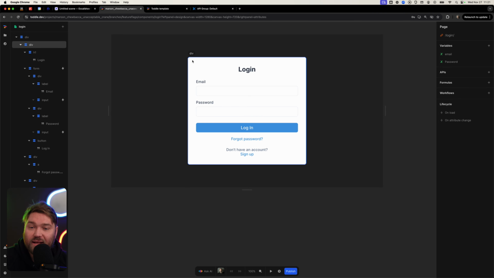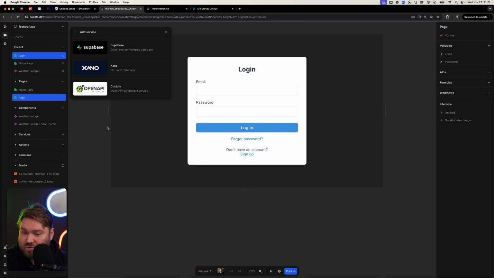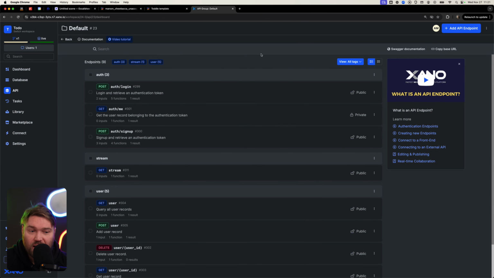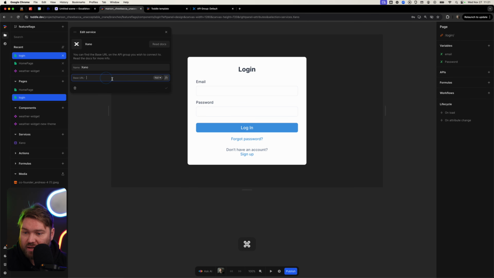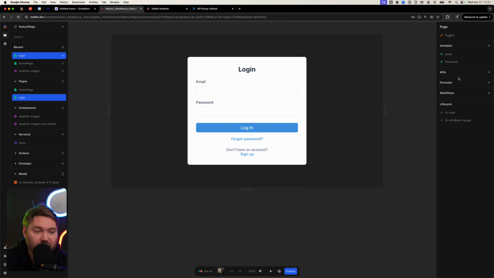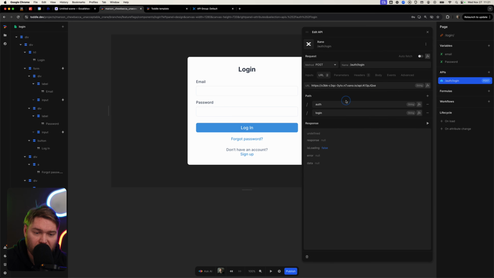And first I want to add Sano to my project. So I'm going to go and create a new service, pick Sano. And then here I'm going to copy the base URL to add it here, right? Done. Okay. And then I want to create a new authentication API or login API here based on the Sano